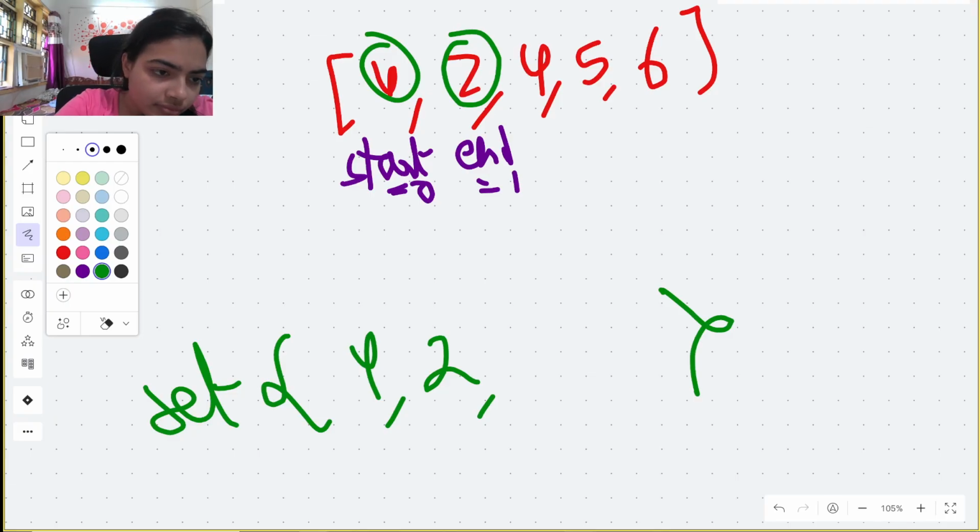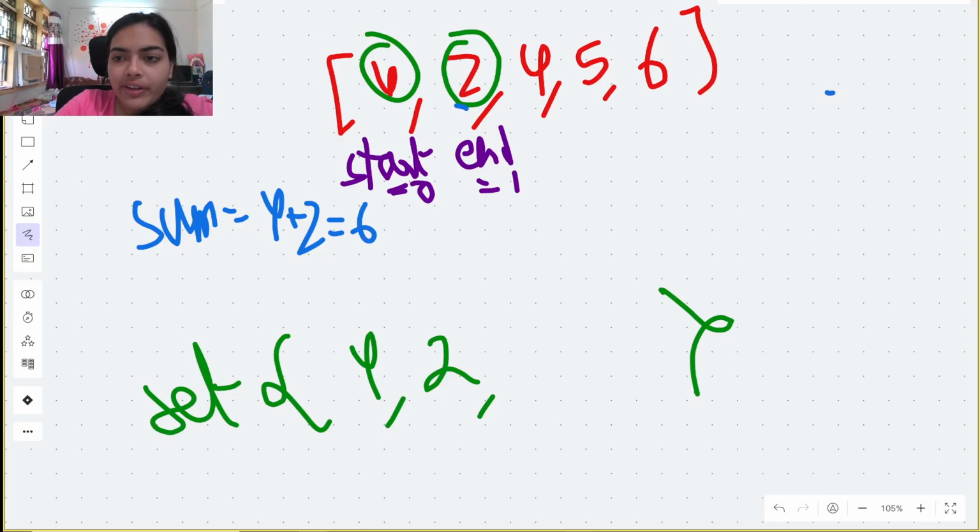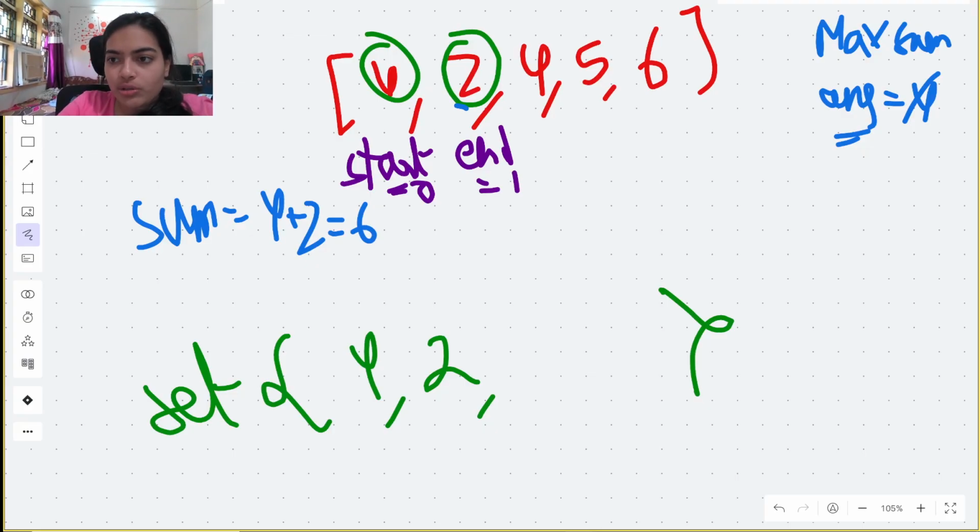Okay, and meanwhile, while we are doing this, we can also keep a variable sum and we can keep on storing that in the answer. So initially our sum was 4. Now we added 2 also, so our sum becomes equal to 6. Okay, and we will keep an answer variable to store the maximum sum that we get. So initially answer was 4. Now 4 plus 2 is 6, so answer will also change to 6. Okay, and now we will continue.